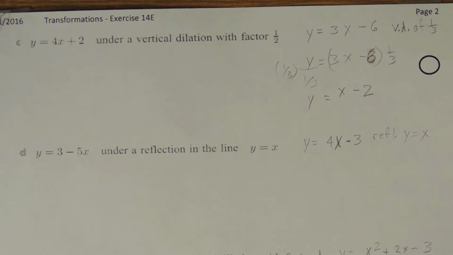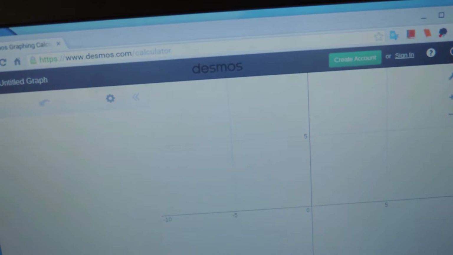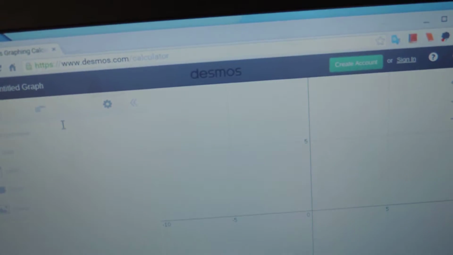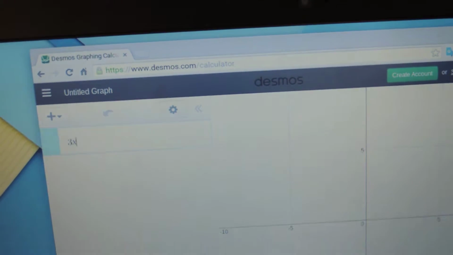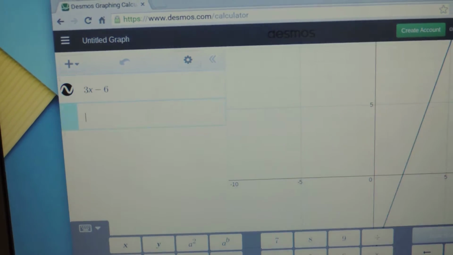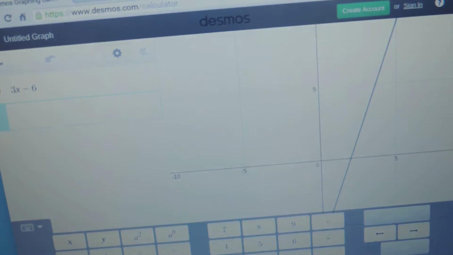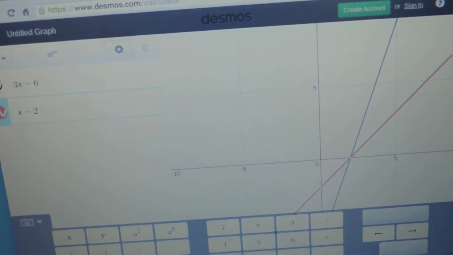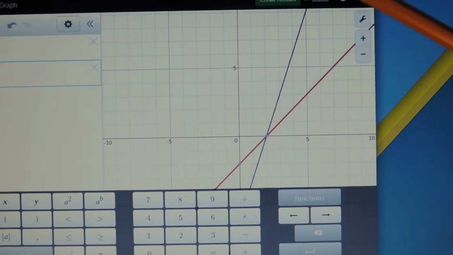Okay. And once again, I'm going to check that on Desmos.com. And I will plug in the original equation, y equals 3x minus 6. And then I'll plug in my new equation, y equals x minus 2. And if I look at that, my original equation in the green,